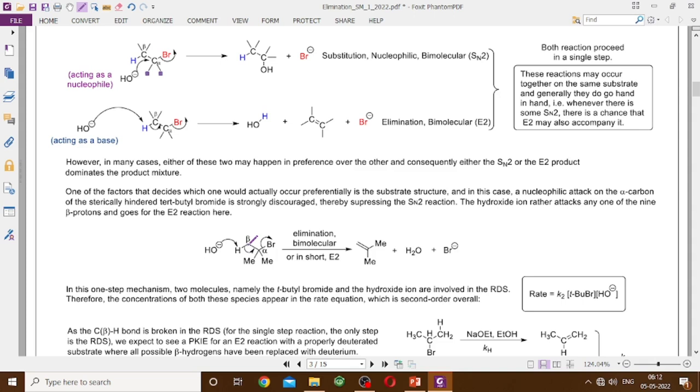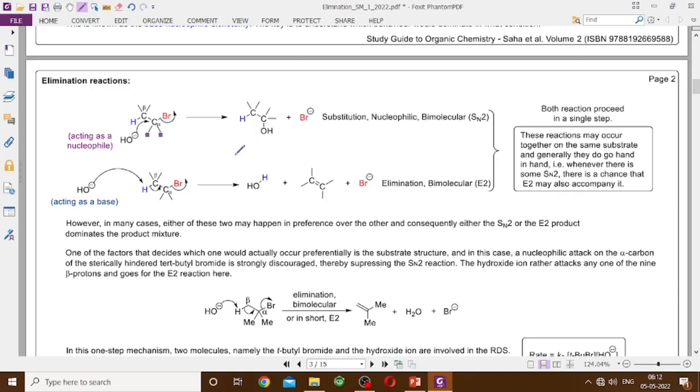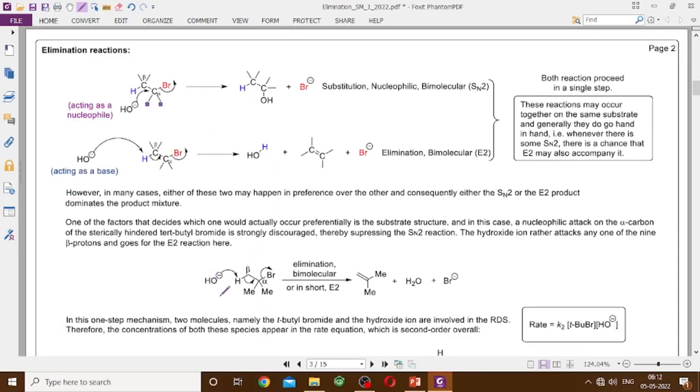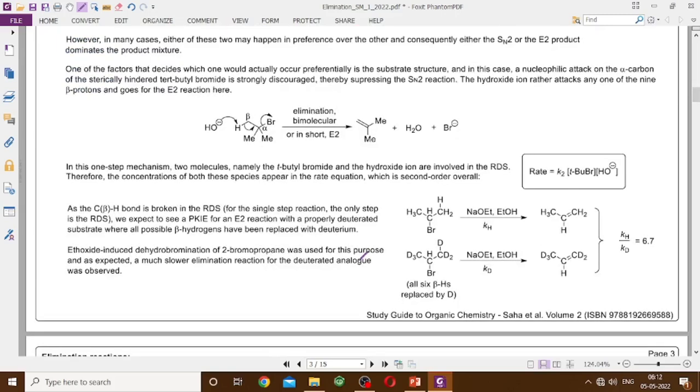but SN2 reaction is strongly discouraged. Therefore, if we are treating this thing, this tertiary butyl bromide with hydroxide, we do not expect any kind of SN2 reaction. What we expect is a facile E2 reaction leading to the formation of isobutylene. যেহেতু এখানে একটা মাত্র স্টেপ, single step, one transition state, there is no intermediate involved leading to the formation of the alkene from the organobromide,